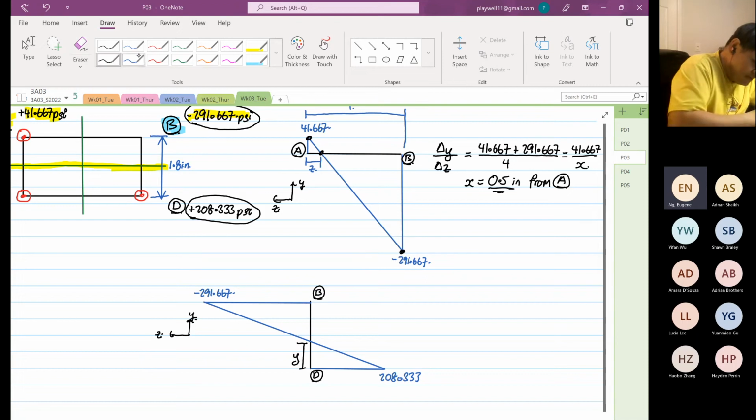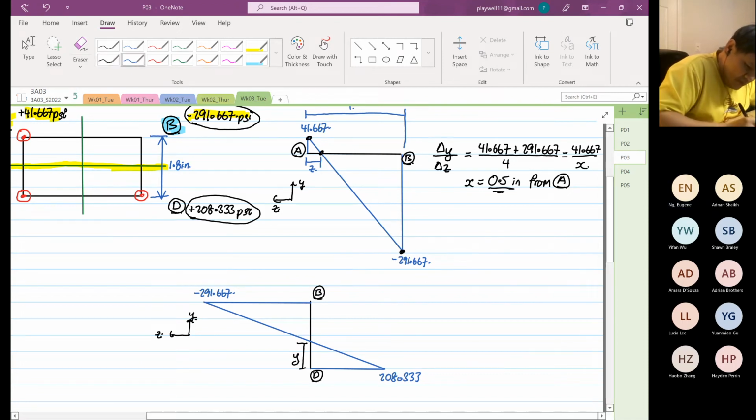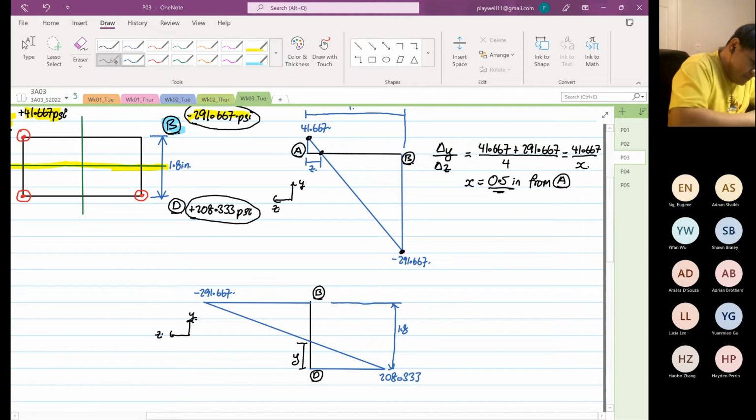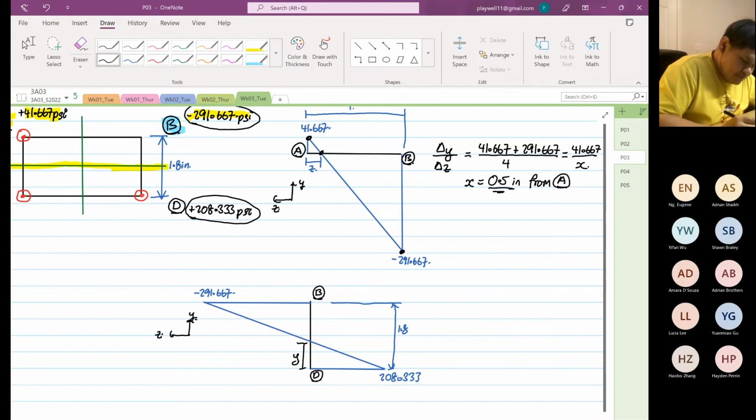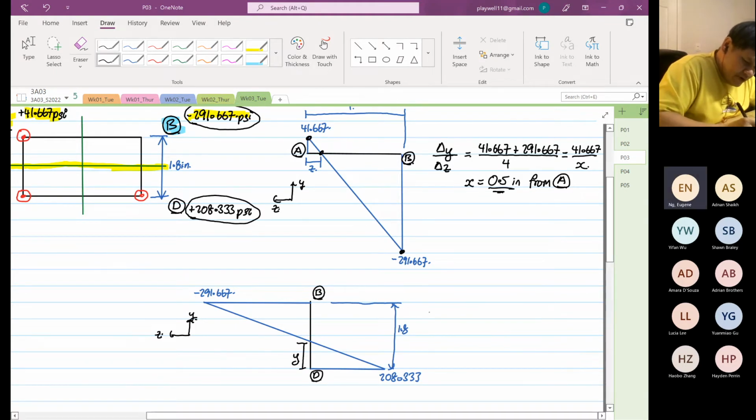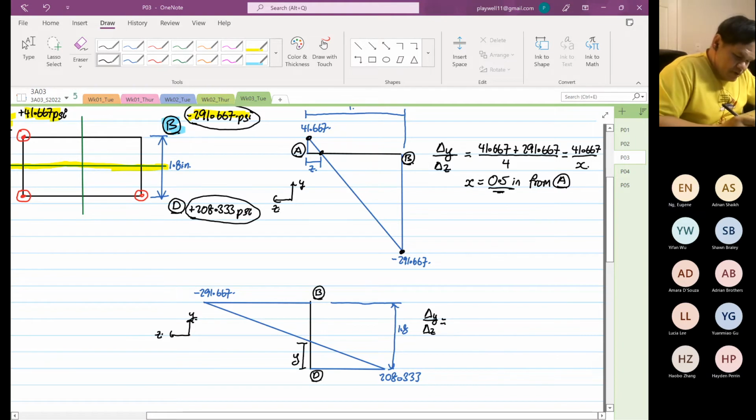The distance between this point is equal to 1.8. Okay. So you can say the change in y over the change in z. Okay. So the change in y, for this case, I'm going to pick 1.8